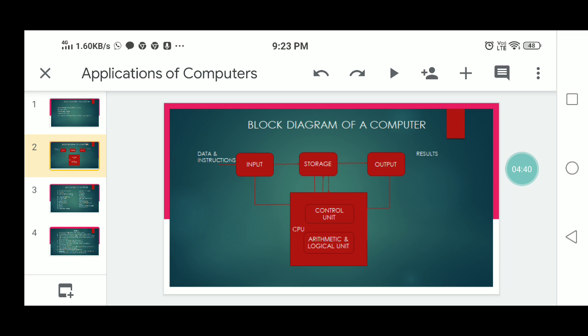Storage means the process of saving data and instructions permanently in the computer so that they can be used for processing. Intermediate results and also final results of processing will be stored in this storage unit.